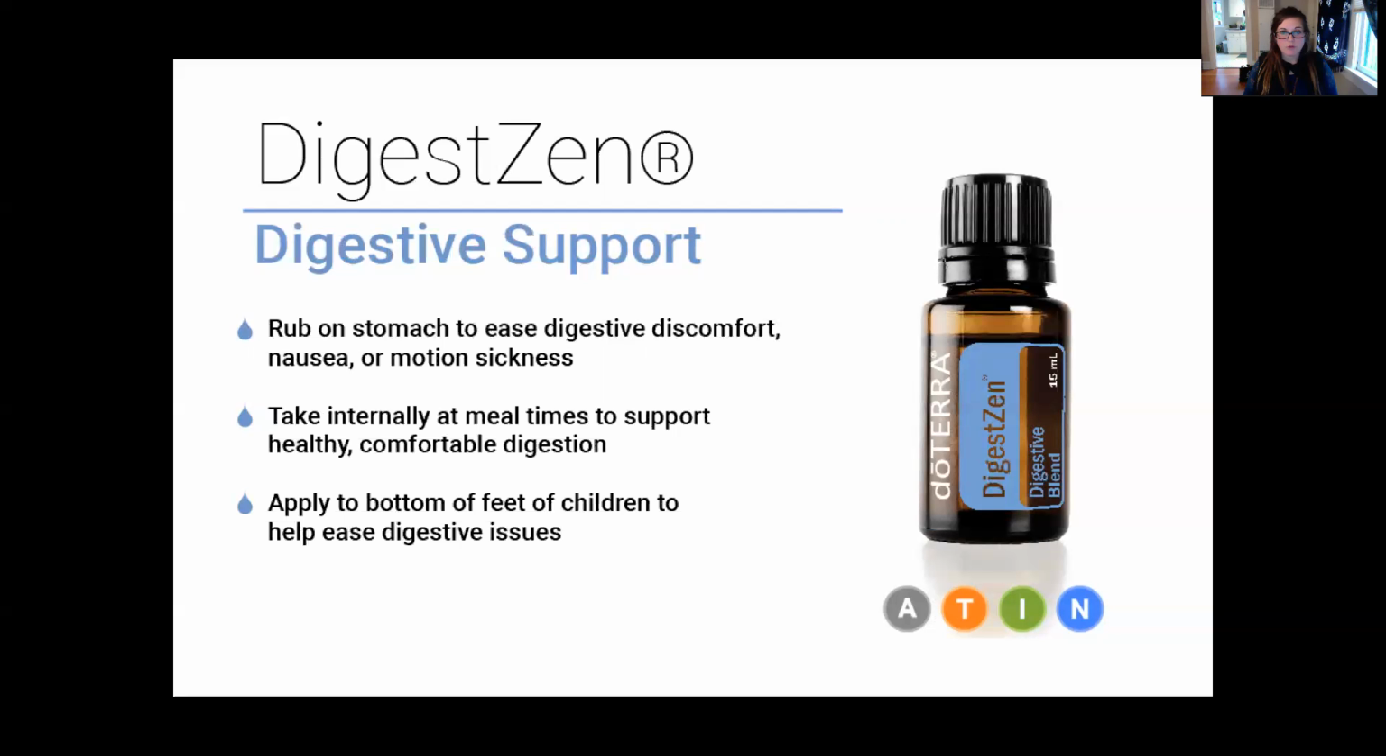Okay, moving on here. Digest Zen. This one is a great one as well. Digestive support, okay. You can rub it right on your stomach. It eases your digestion. If you have a bellyache, cramping, something like that, carrier oil in this oil, amazing. It'll take it right away. If you have a gassy baby, okay, 1 drop in the palm of your hand with a dollop of coconut oil. Rub, moms or dads, rub your hands together, and then you can just rub it right over the belly. Okay,